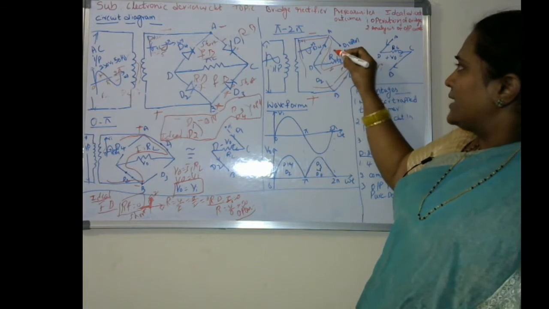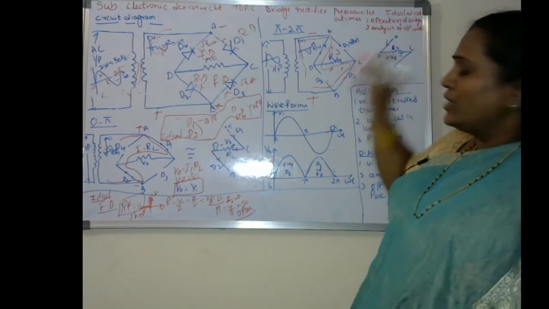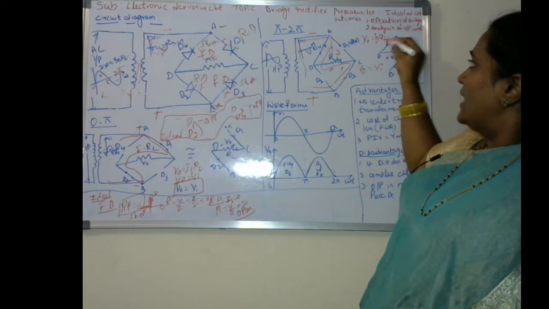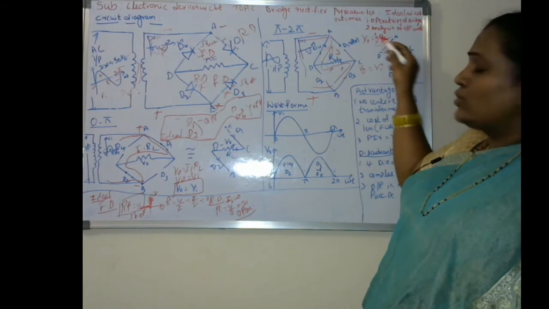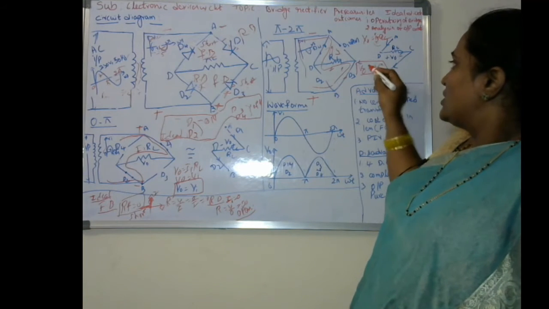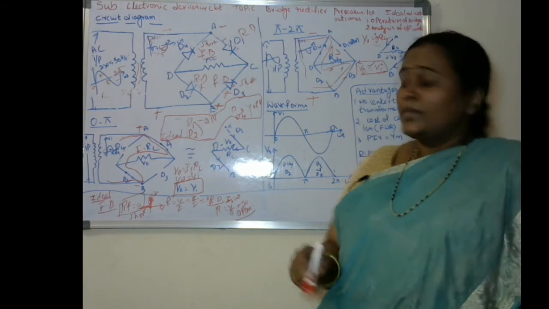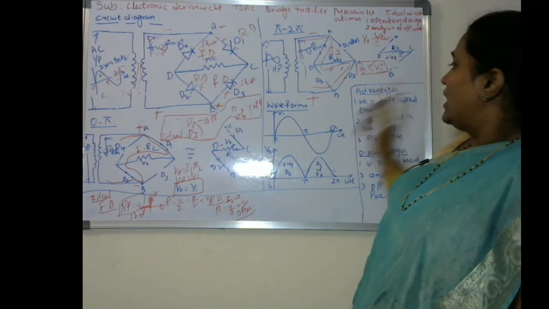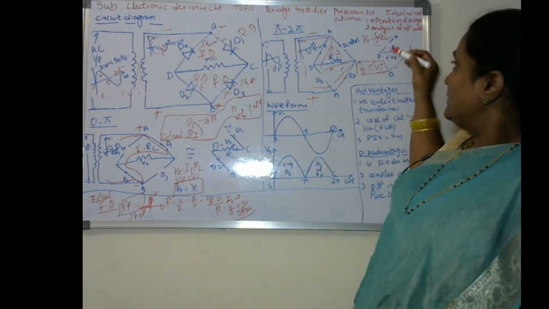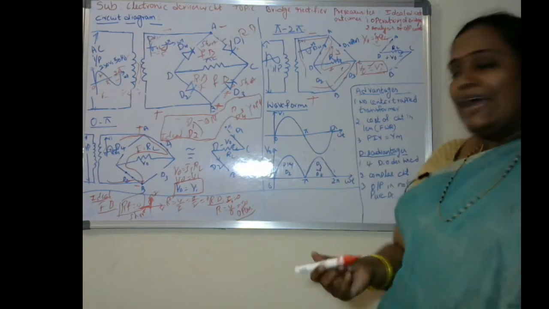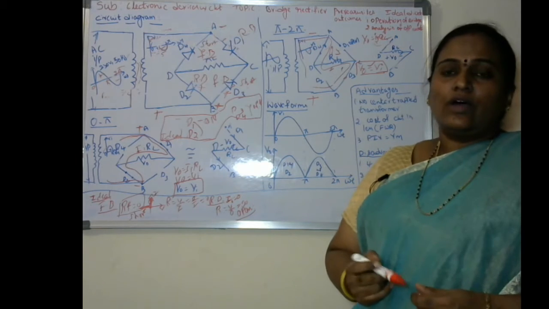Suppose we assume the current I2 exists. So V0 will be equal to I2 into RL. Indirectly, no drop is going to be there, and I2 will be the maximum. So V0 will be approximately equal to Vi. This is the direction of the current flow with respect to the pi to 2 pi cycle. Next, we have to go for analysis of waveforms.